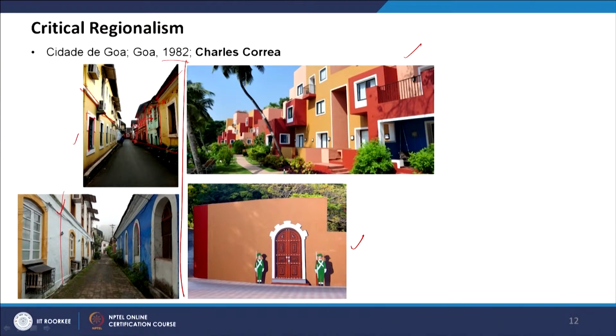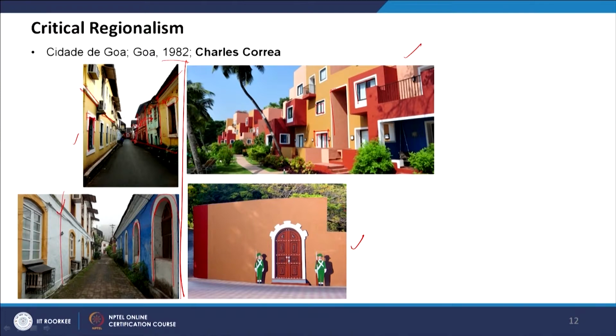Here also, on one side there's a circular form, and sometimes it can also be rectilinear, but the thing is there has to be a white border, which is there in the Portuguese colony. So here he has taken this and changed it into a more modern way. The circular ornamentations on top are deleted and became more modern, and this white border is coming in everywhere in the design.